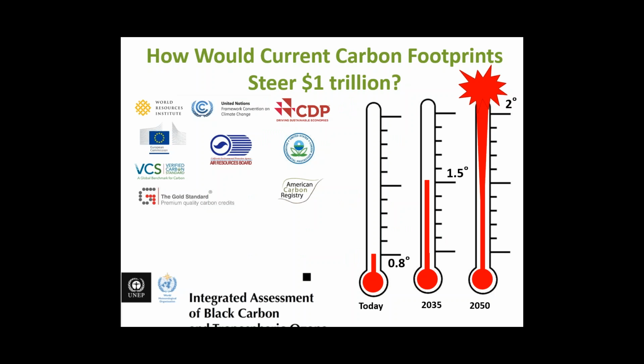And in fact, the United Nations Environment Program did an assessment of this, and they looked at the effect of $1 trillion per year invested on the climate tipping points. They found that the current carbon footprints, because they're based on this outdated science, would actually cause greater warming by 2035. They'd potentially increase global warming by another 0.2 degrees Celsius by 2035, past what we're already expecting. Essentially, the outdated science being used to guide this policy is steering us in completely the wrong direction and could actually accelerate the time some of these climate tipping points are passed.